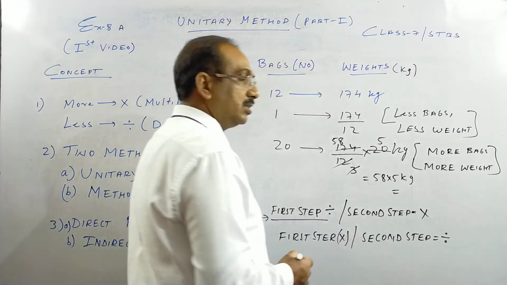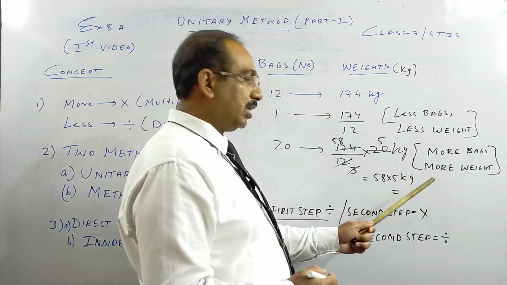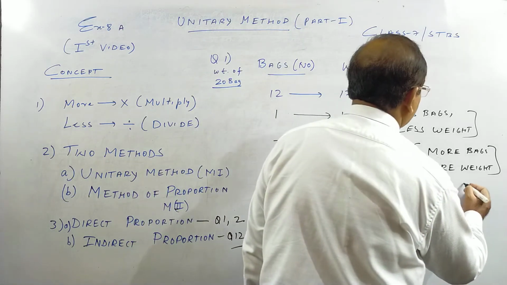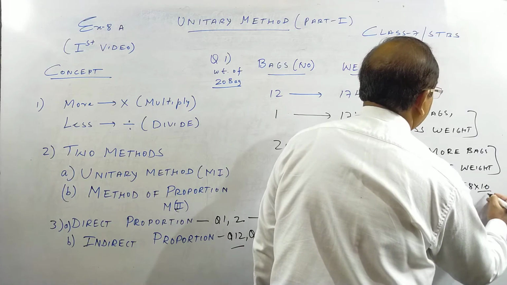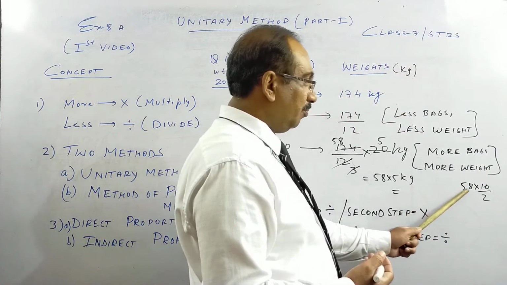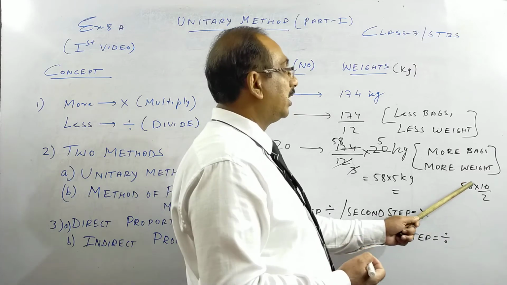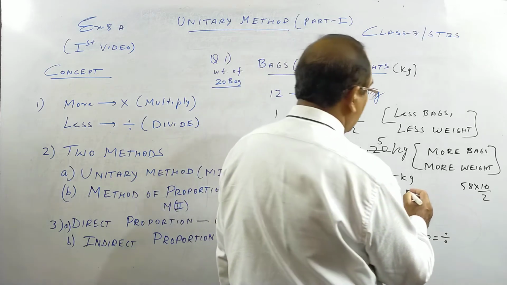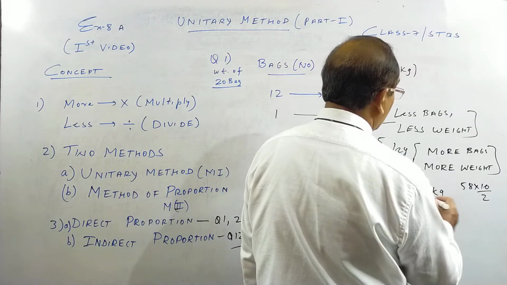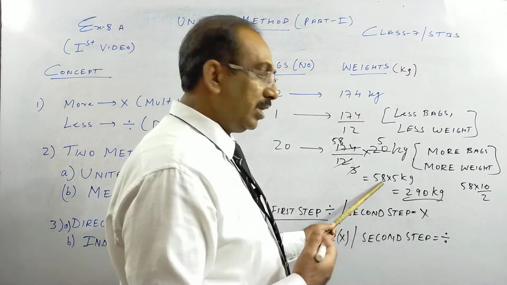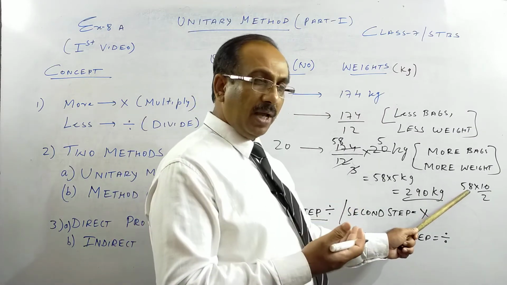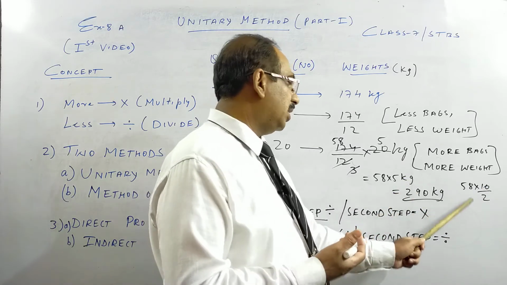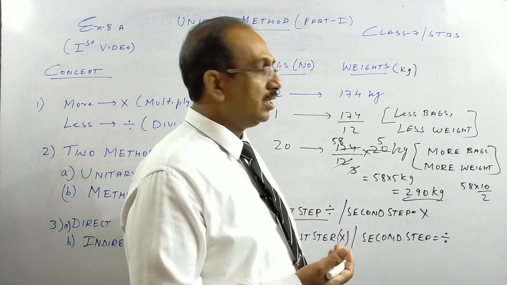When you multiply this, children, I have taught you, you can multiply as you do, or there is one very easy way of multiplying by 5. I'll tell you what we do here: you think mentally that 5 is 10 by 2. Multiply the number by 10, you will get 580, a 0 will come; then take half of 580, meaning half of 58 is 29, and put the 0. So this is the mental maths method. Take 580, multiply by 10, and divide by 2, because 10 by 2 is 5. Or you multiply as you do, 58 into 5 is 290 kg.